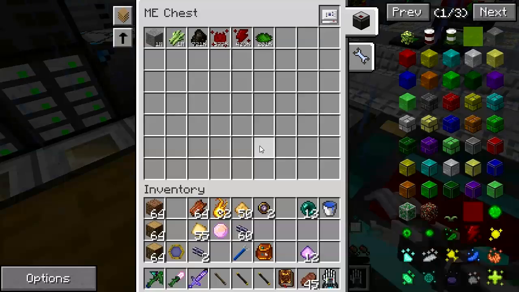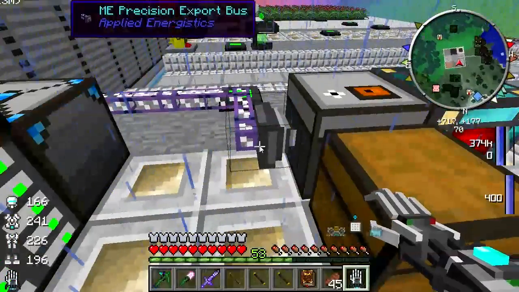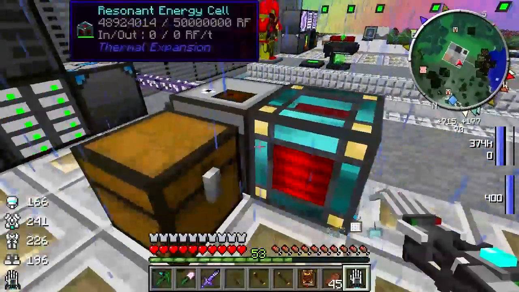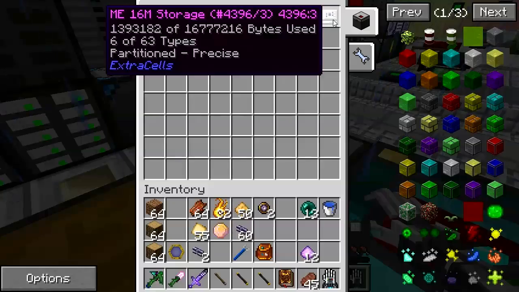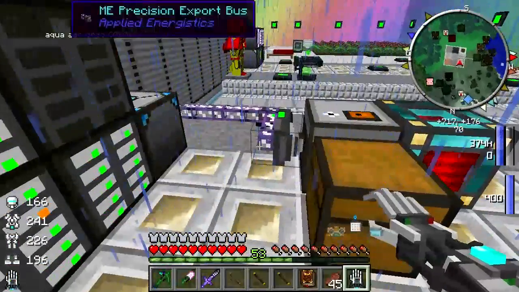There's one in here in this ME chest, and I've pre-formatted it to only accept these items. And this is an export bus, which is now exporting those items into this ME chest onto this 16M storage device. Once all of those 9 items